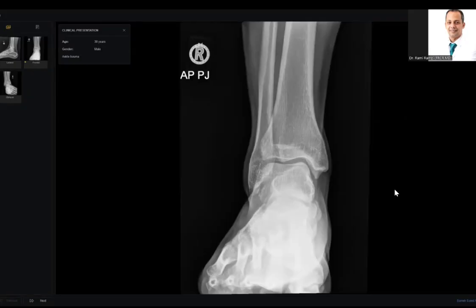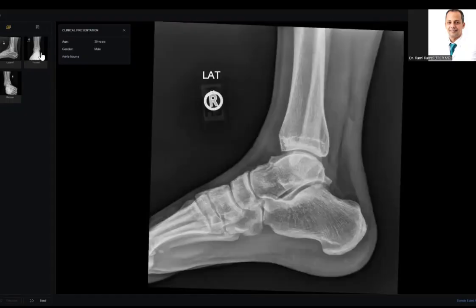Okay, so on the frontal view, I cannot appreciate any abnormality within the bones. So can I have a second look at the lateral projection? Yes. Okay, so